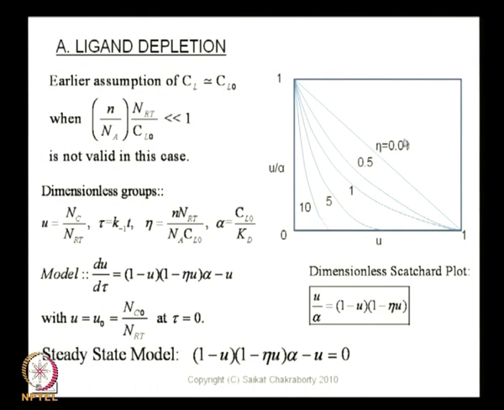Now, let us look at this expression carefully. Q over alpha equals 1 minus u times 1 minus eta u, or this expression, one of these steady state plots. Now, what is alpha? Alpha is